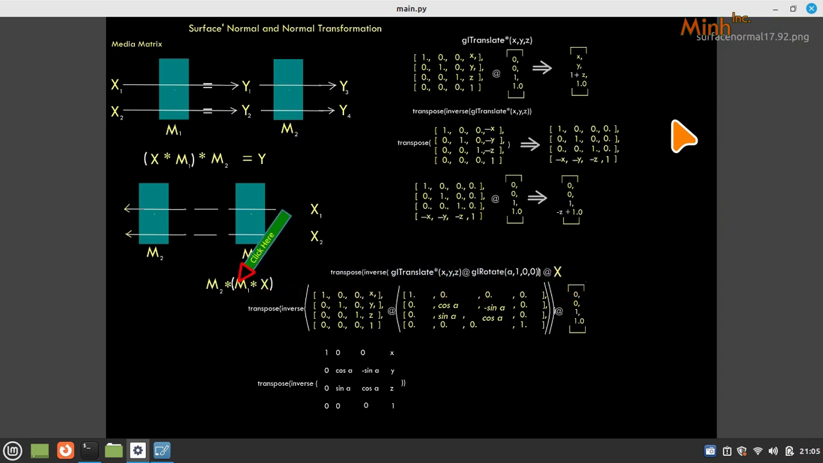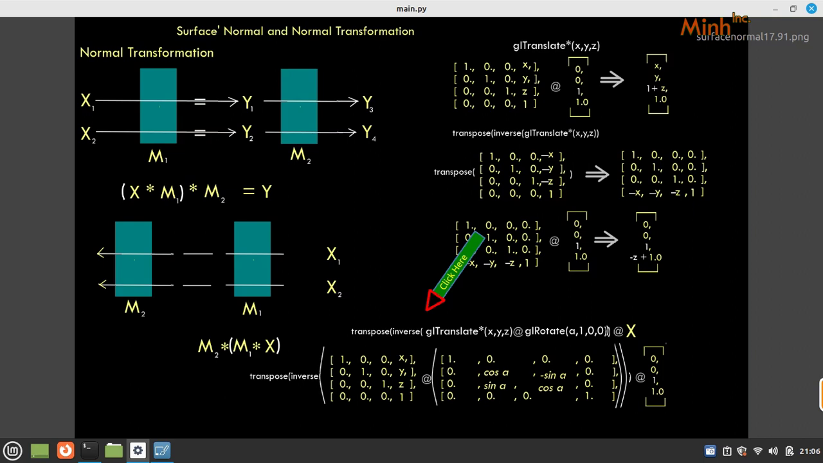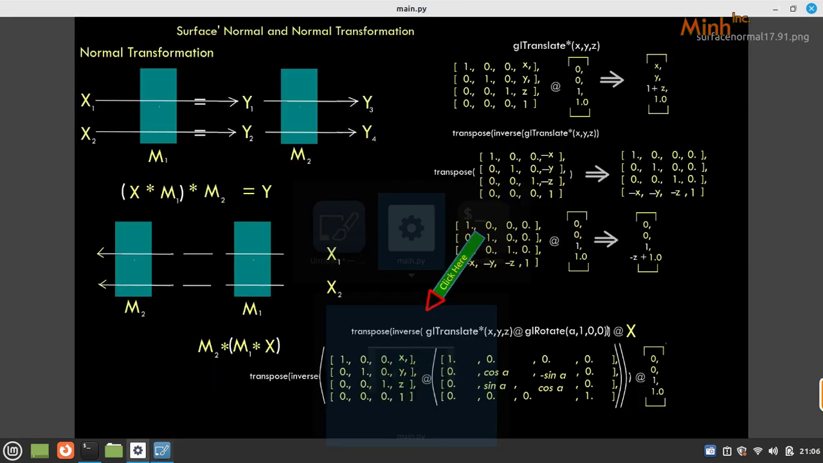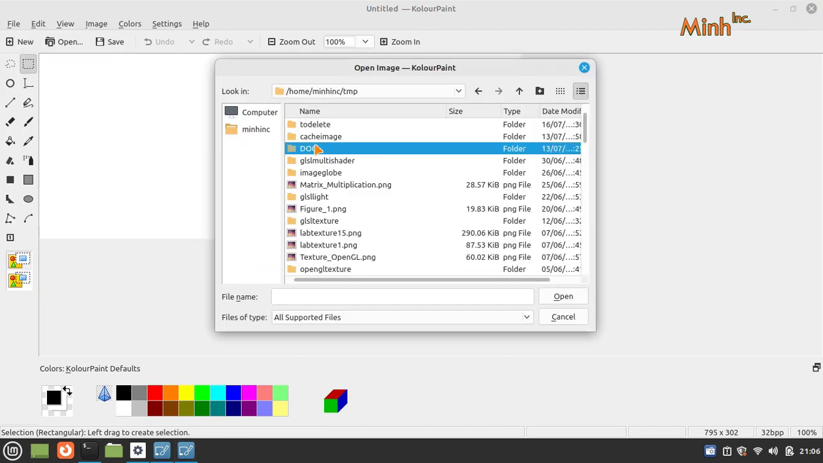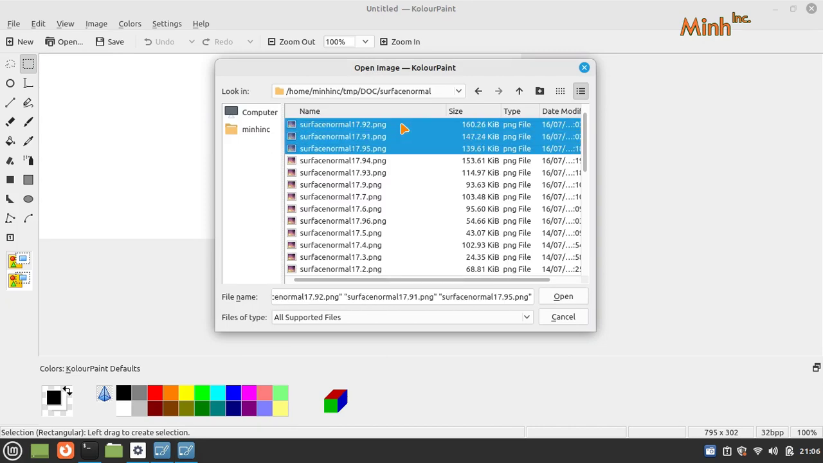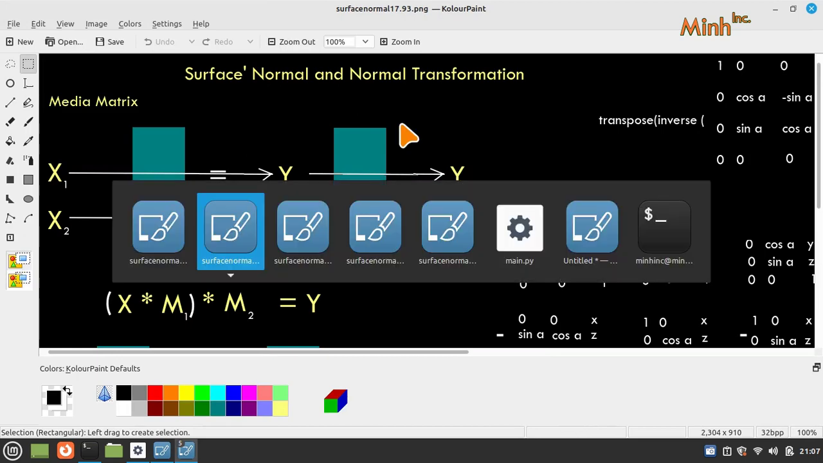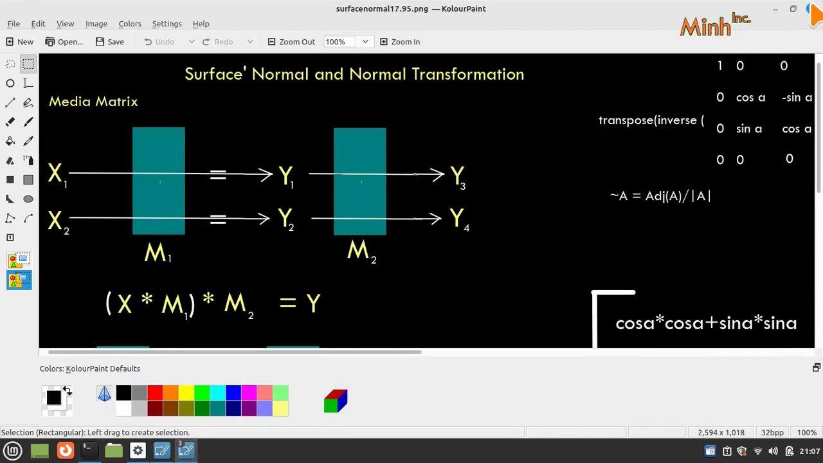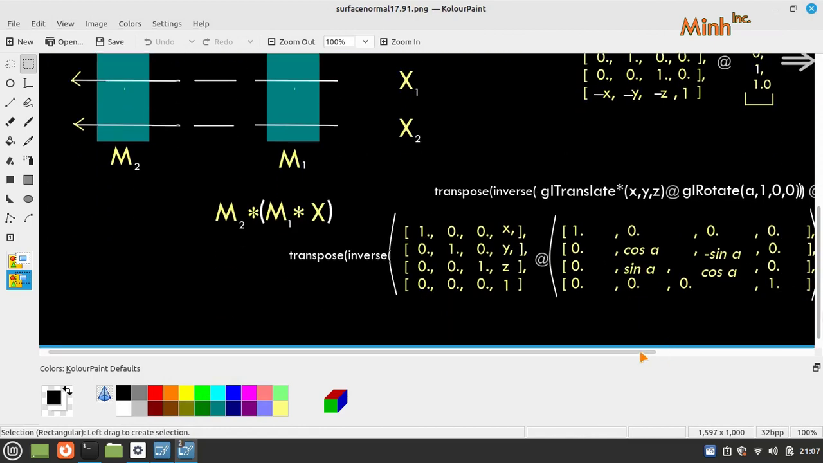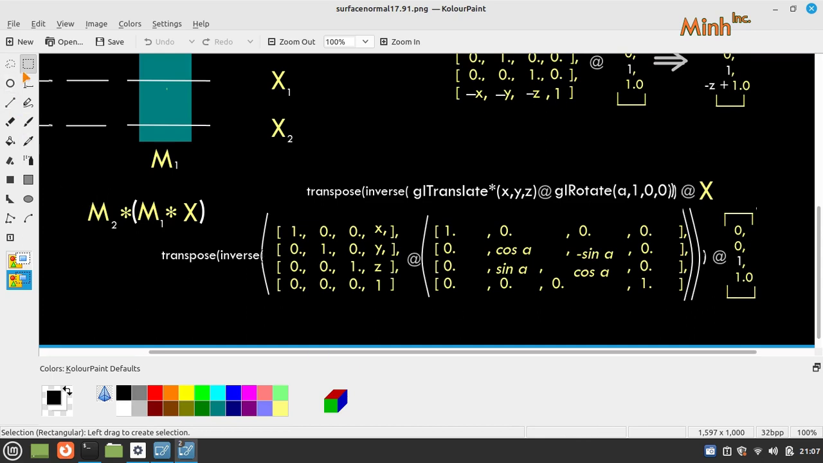Okay, so what we are trying to do is M1 and M2. So this we will multiply and we will calculate the transpose and inverse, and we'll see what the effective matrix is. Okay, so what we are trying to find is